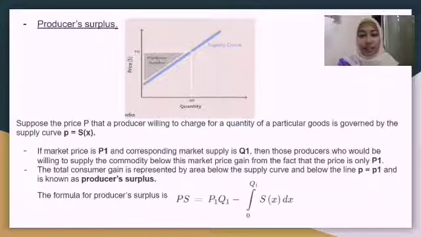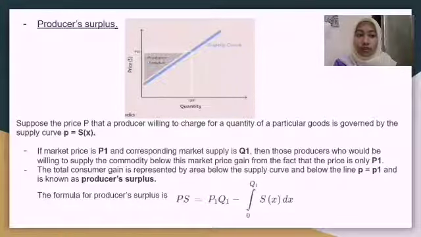Last but not least, integration is applied in economics and business to find producer surplus. Look at the graph below and suppose that the price P is a price that the producer is willing to charge for a quantity of a particular good, governed by the supply curve P equals S(x). If the market price is P1 and the corresponding market supply is Q1, then those producers who would be willing to supply